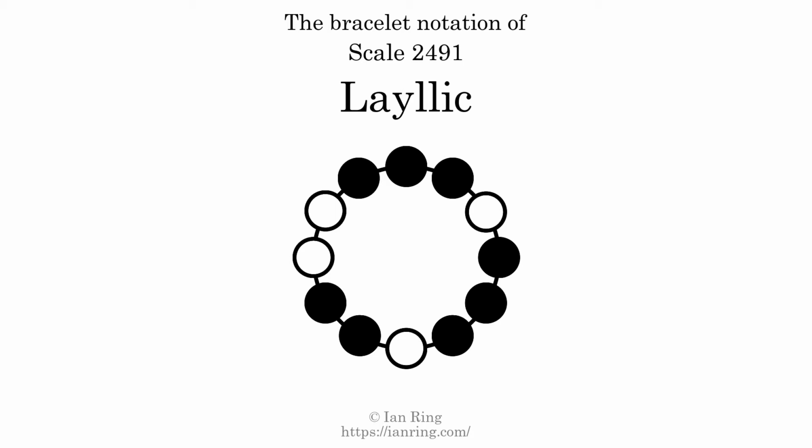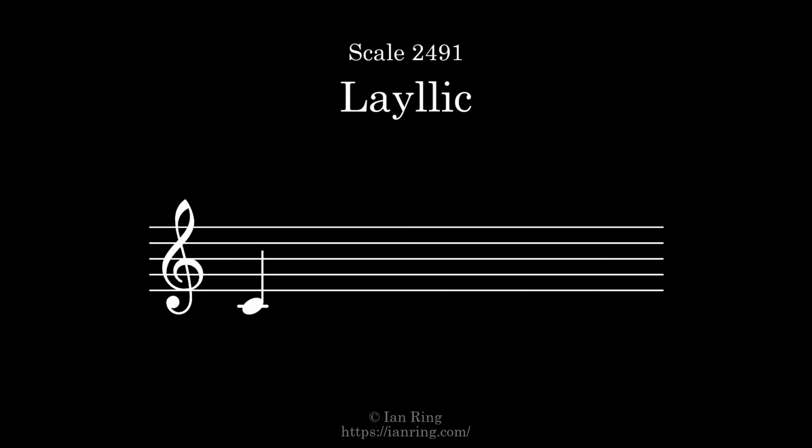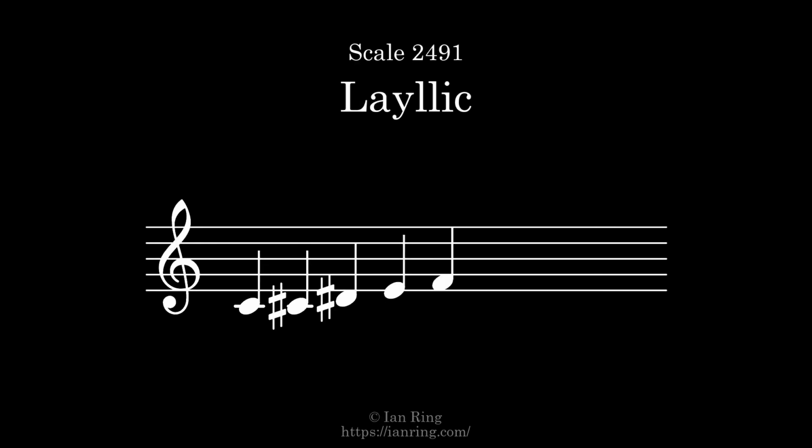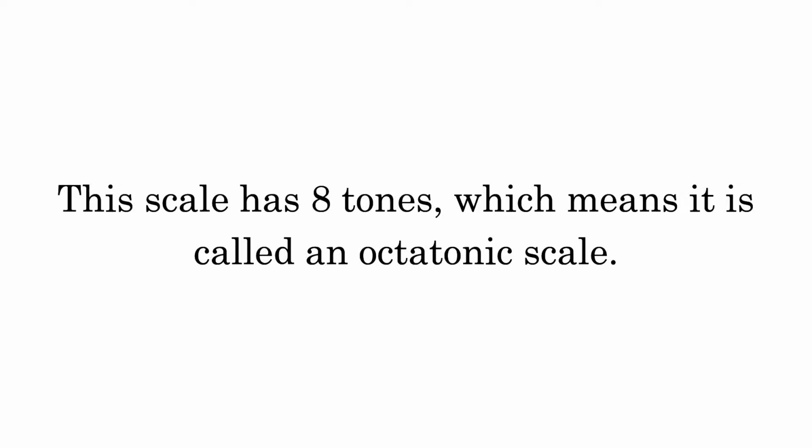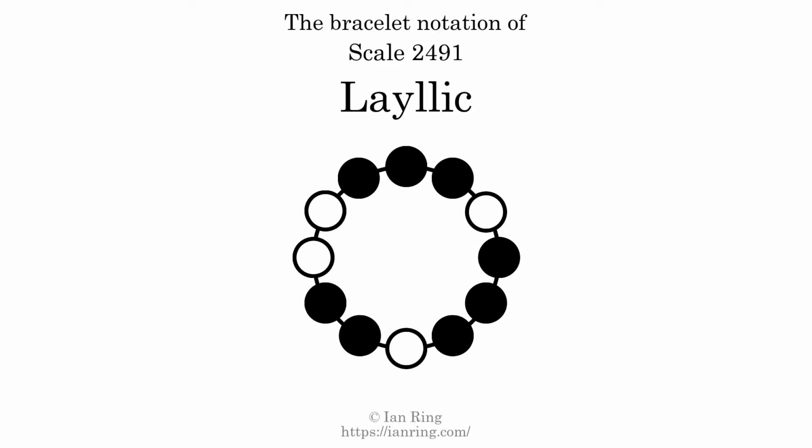2491, Layllic, which sounds like this. This scale has 8 tones, which means it is called an octatonic scale. This is a bracelet notation diagram of scale